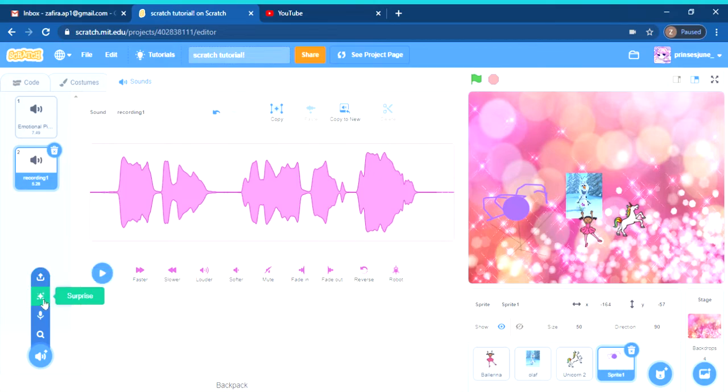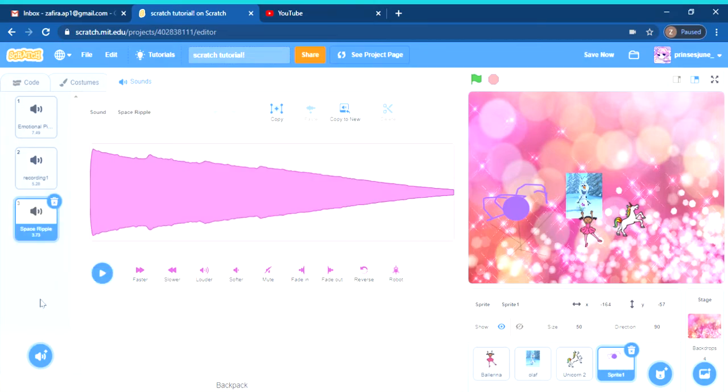Now we go to the surprise sound where you can actually have something. Oh, space ripple. Cool. Last one is upload sound. Actually, I don't really know how to upload a sound, but I do know how to upload a sound from